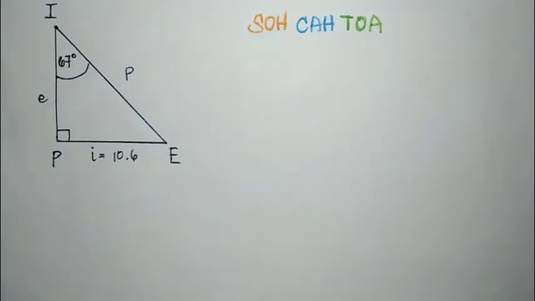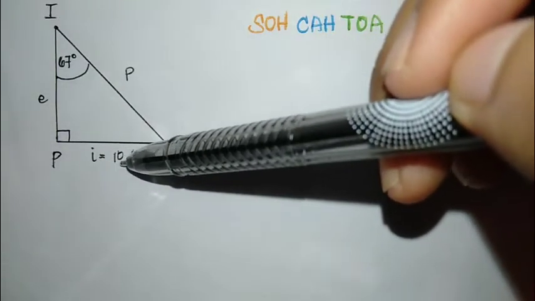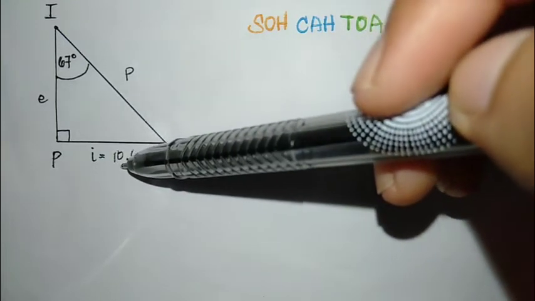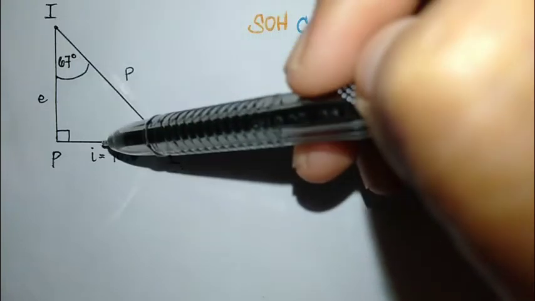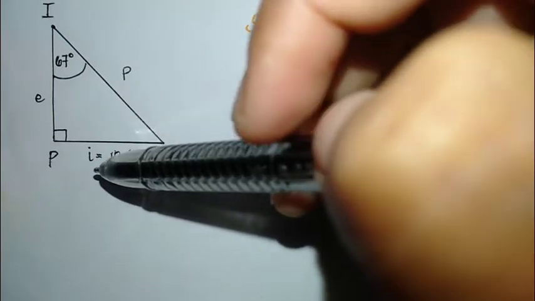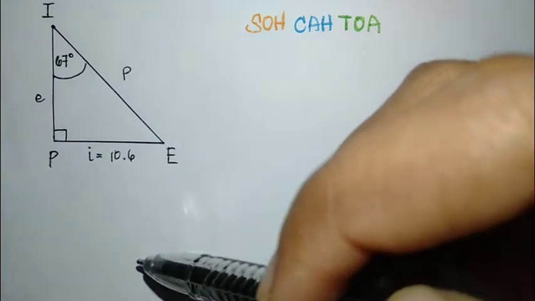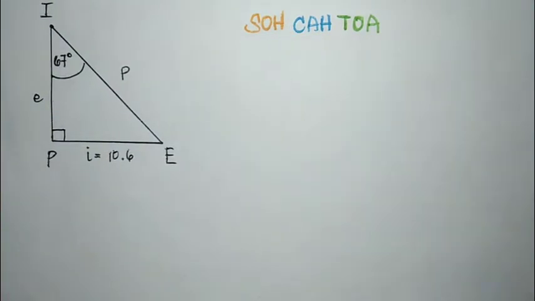And the next, focus ka naman doon sa side na given. We have the side given, which is 10.6. And si 10.6 or si side I is opposite. Ayan, katapat ni angle theta. Therefore, si side I is opposite. Right? So, adjacent, opposite. And right after that, hanapin mo sa SOH CAH TOA kung ano yung merong adjacent opposite